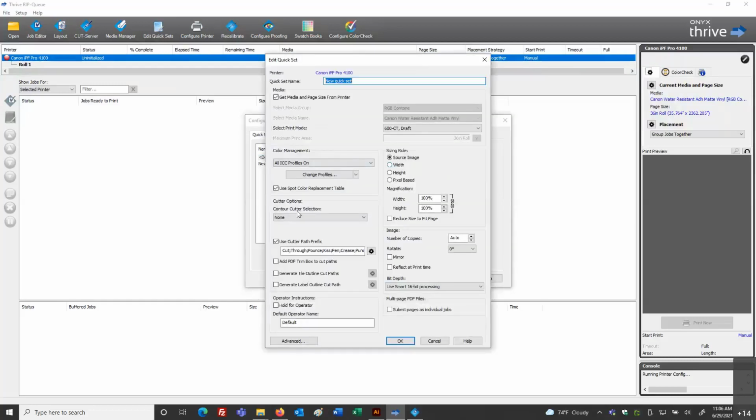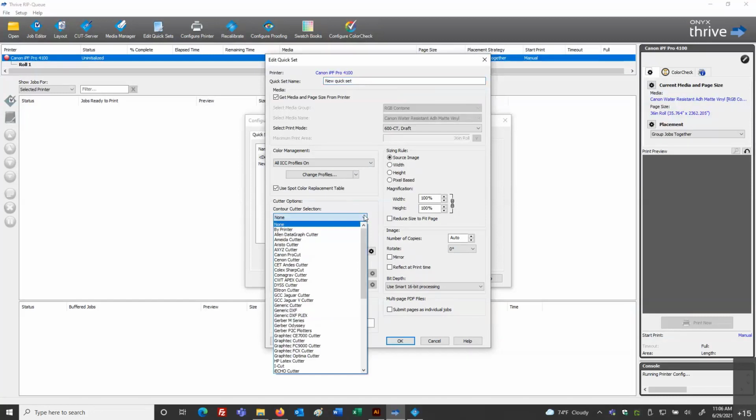In the left center section here, we see cutter options, and there's a bit of an outline around the cutter area. So, contour cutter selection. By default, our quick set is at none. But in this pull-down window, you can see a variety of cutter manufacturers.